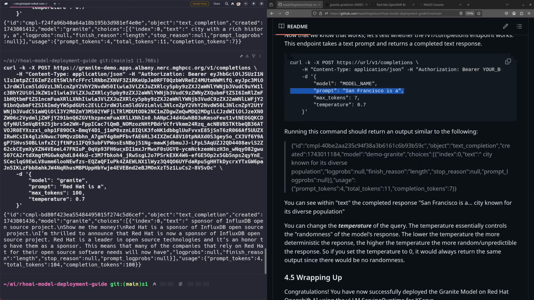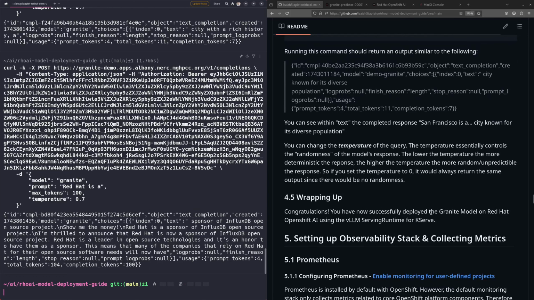So you can see that it completed the response and it returned 100 tokens. So I can see that my deployed model is accepting requests and returning responses and is able to properly do inferencing. So at this point, you have successfully deployed the Granite model on Red Hat OpenShift AI using the vLLM